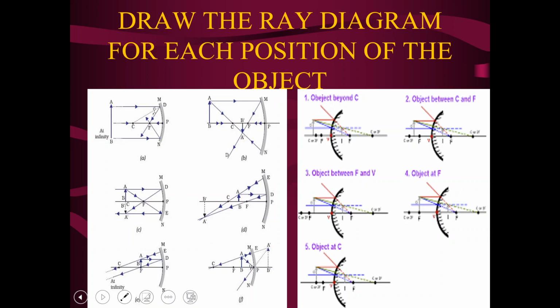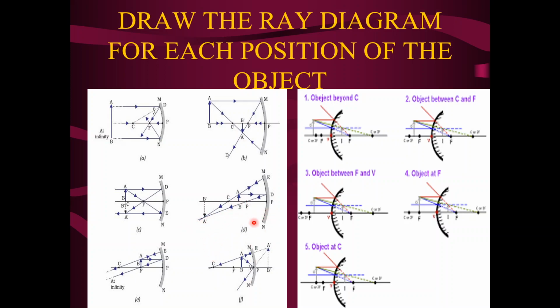Here you can see there is a relationship between the position of the object, the image and the focal length of the mirror. The object is moving in front of the concave mirror. It is moving closer to the mirror. First here it is at infinity. Now the object is beyond C. At C, what we are observing, the image is becoming bigger and bigger. And what about the position of the image? It is moving far from the mirror. The object is moving in front of the mirror and the image is moving away from the mirror.